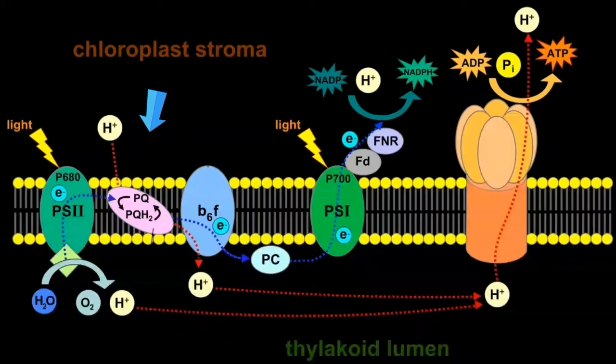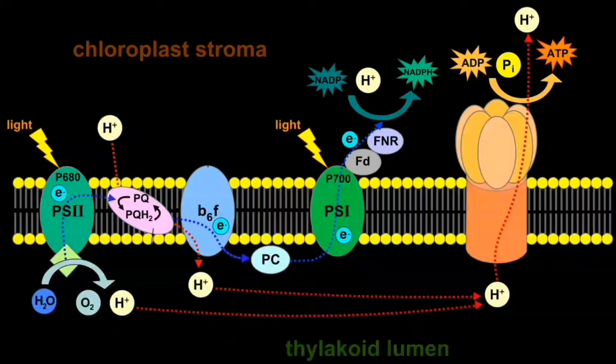In this case, plastoquinone transports the electron from photosystem II to another transmembrane complex known as the cytochrome b6f complex. Then plastoquinone donates the electron to the cytochrome b6f complex. While donating the electron, it also passes protons from the inner space into the lumen of the thylakoid. In the first step, some hydrogen is produced from the splitting of water, and in the second step hydrogen comes into the lumen of the thylakoid.